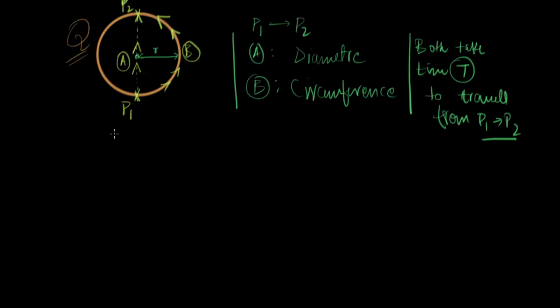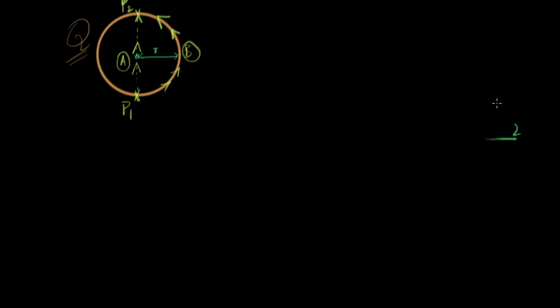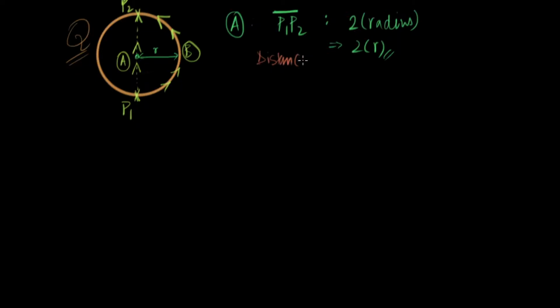Alright, so that is the entire setup of the question, and let us try to figure out the average speed, the average velocities, the distances and the times, and also the displacements for the two motions. Let's look at person A. Person A goes across the diameter. What do we know about the diameter? Well, the length P1 to P2 in a straight line would be twice the radius, and hence would be 2 times r. So that's the distance that the person is traveling. Let me write it down. So this is the distance traveled